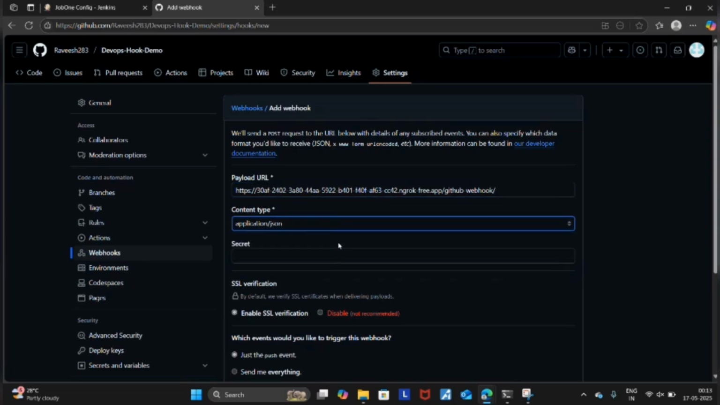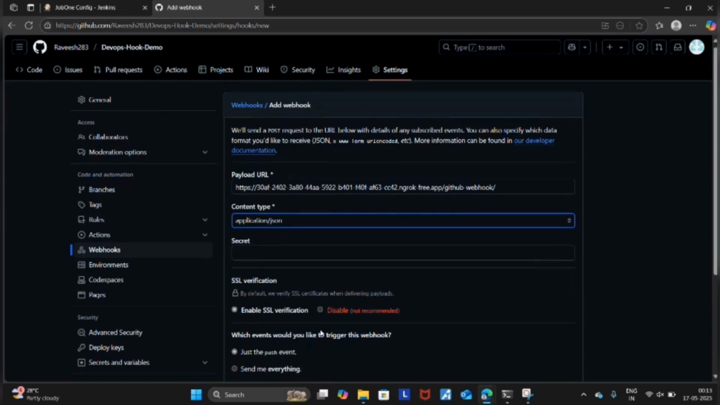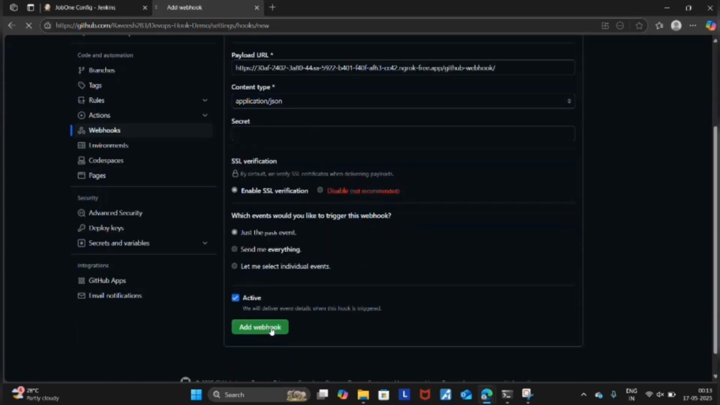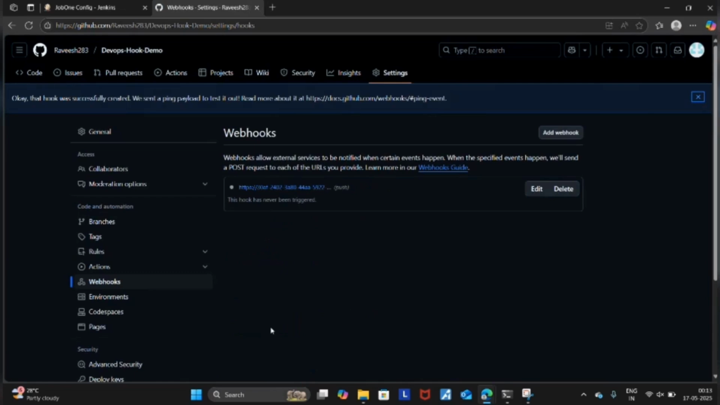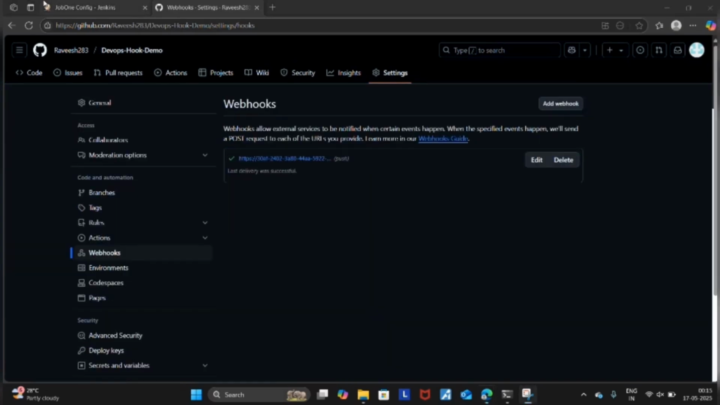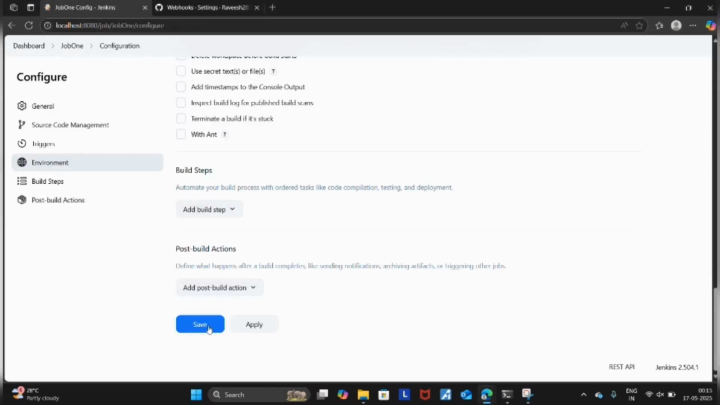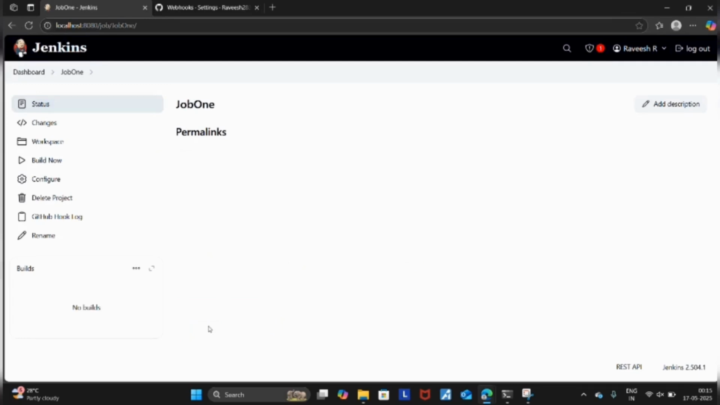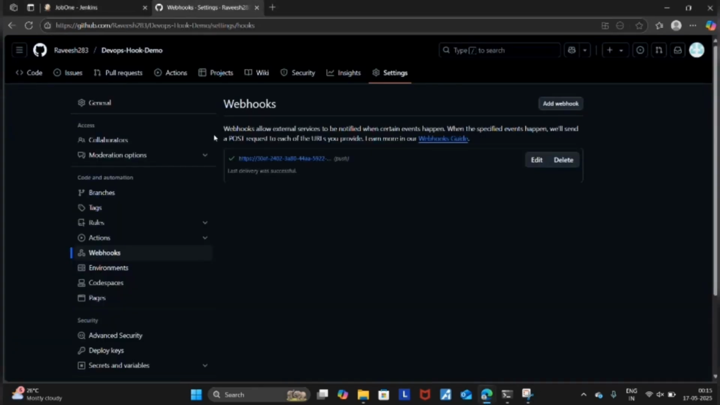Then select content type as application/json. Then click on add webhook. Then now the webhook will be created. Then after creating the webhook, click on save. After that,